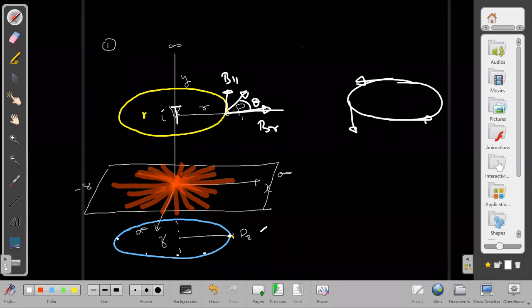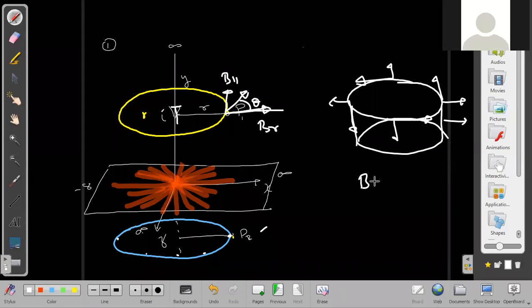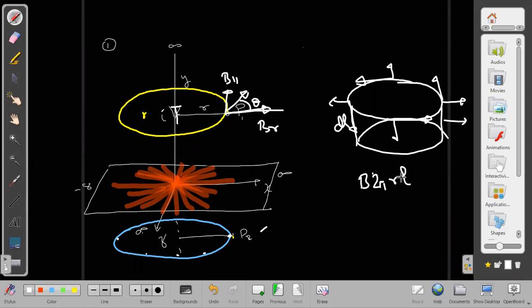everybody will understand that the parallel component for all of these points will be the same, and the radial component for all of them will also be the same. If it is radially outwards, then everywhere it will be radially outwards, right? Then if I assume the radial component outwards only, and I take a small cylindrical element here, because of the radial components there will be magnetic flux coming out of it, equal to B into 2 pi r into dl, where dl is a small length. That flux will be coming out through this surface.